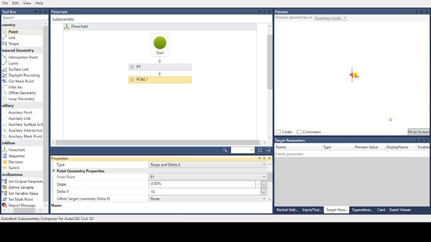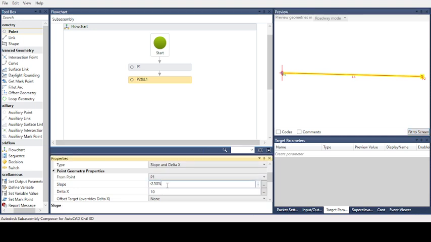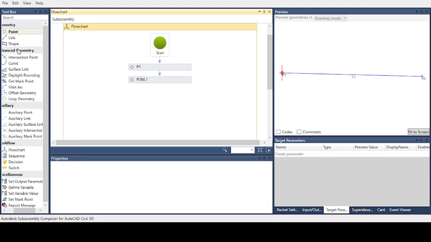For example, the slope is 2.5, and by default this delta x is 10 meters. When you see fit screen on the preview, we will see the slope created now by 2%, by 0.5%.